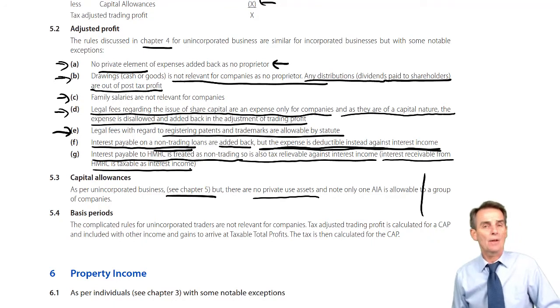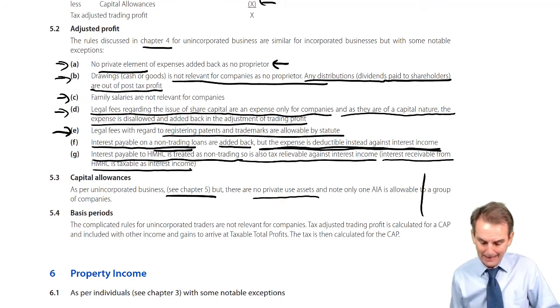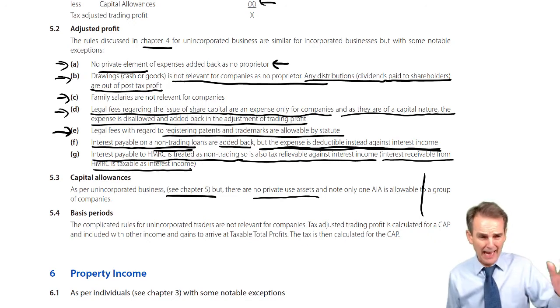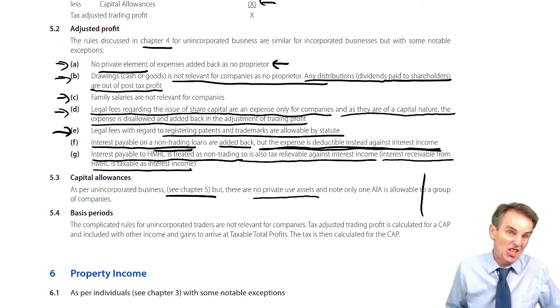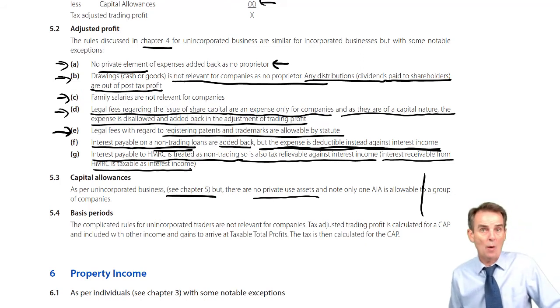In income tax, that would not happen. Interest payable by the individual, receivable from HMRC by the individual, that is outside the scope of income tax. Capital allowances, as we've said, it's very easy. It was all the same rules in terms of AIA, WDA, FYA, but it's made easier because there's no private